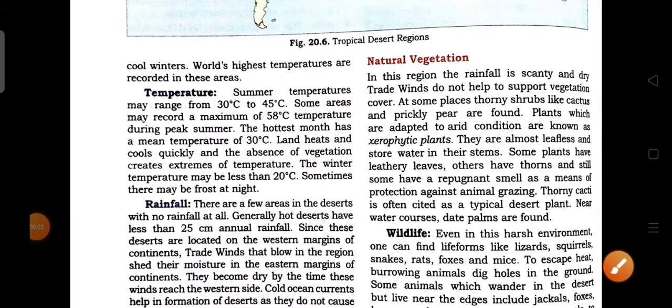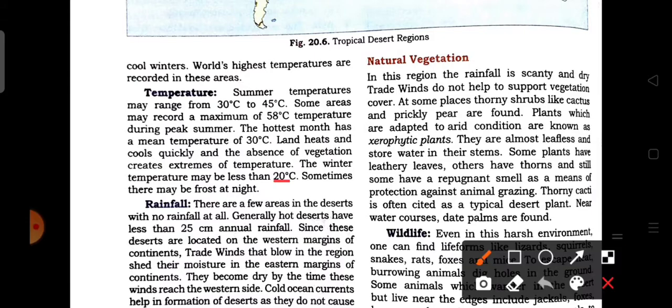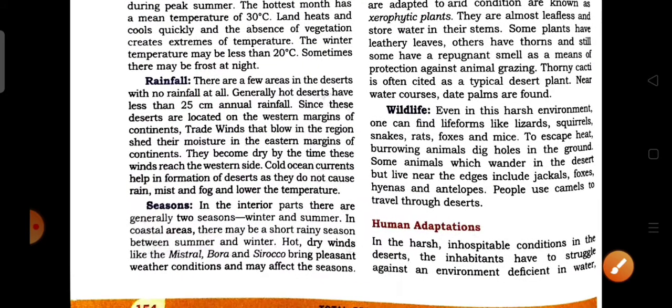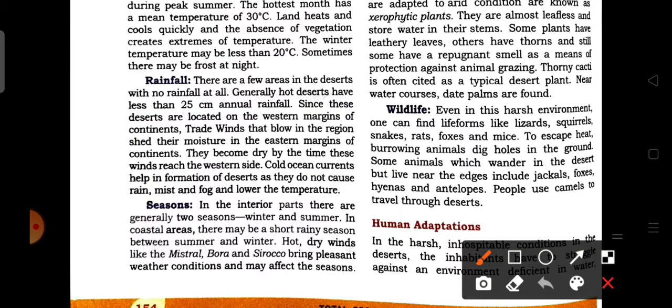Land heats and cools quickly, and the absence of vegetation creates extremes of temperature. The winter temperature may be less than 20 degrees centigrade, and sometimes there may be frost at night. Now the rainfall condition. So here we see it is mainly a generally hot desert, has less than